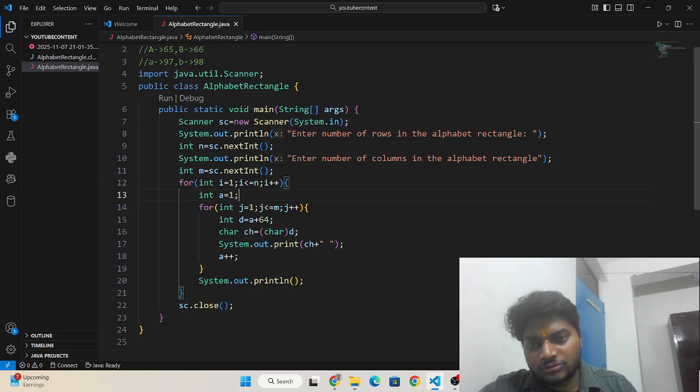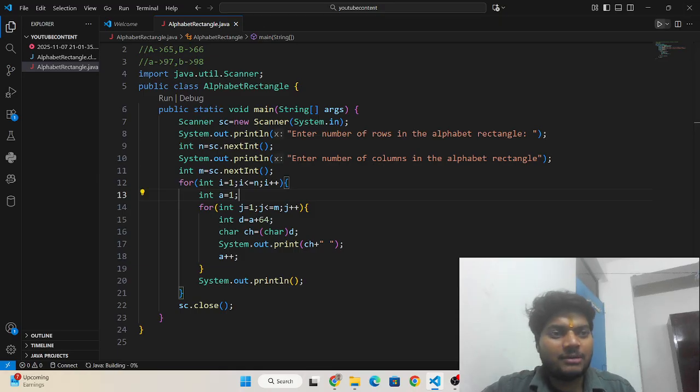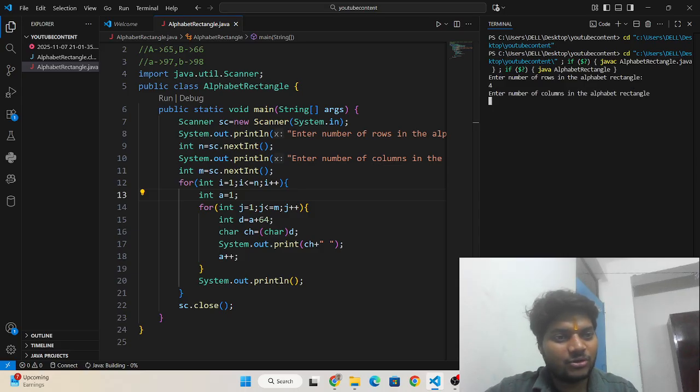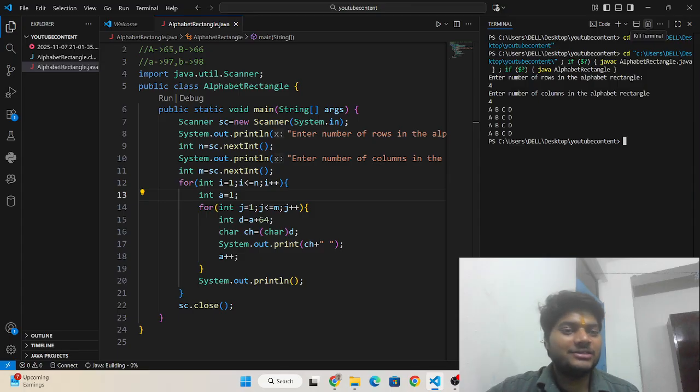So now I'm going to write comments. You can see I'm going to enter the number of rows and number of columns the same. You will see I have entered number of rows 4 and number of columns is also 4. So you can see this is the alphabet rectangle or square.